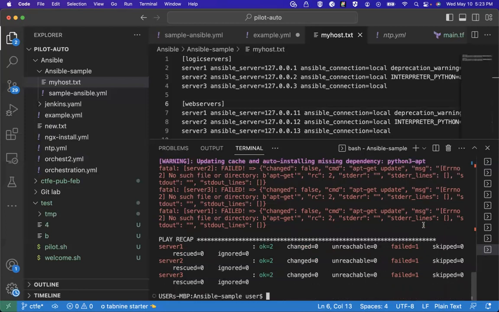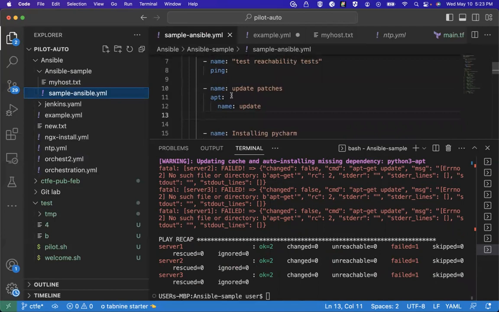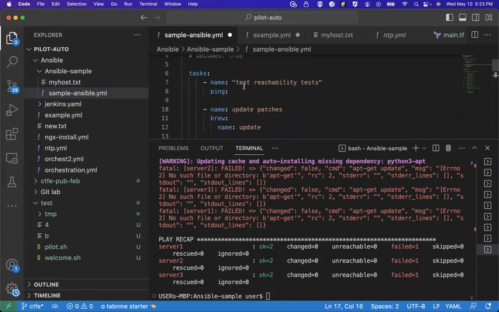So it's not working. It said apt is not present. Let's go back to Brew. Let's use Brew. But in your own local system, just use apt, it will work, right? So let's save this.